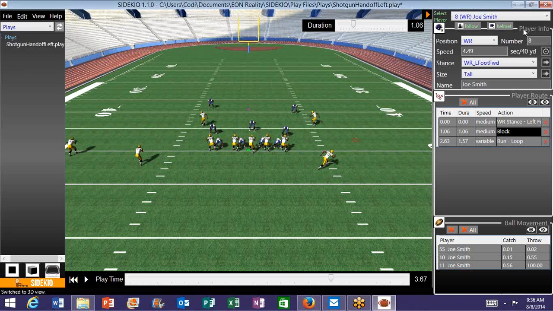So that's it, man. You now have about 95, 99% of the software figured out. It's always easier to create plays from another template, but what I'm going to do is I'm going to send you all of this information so you